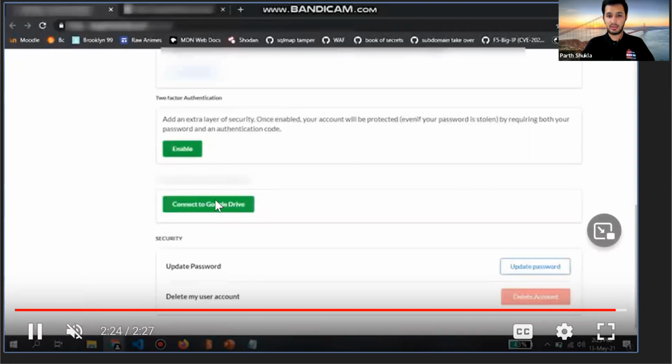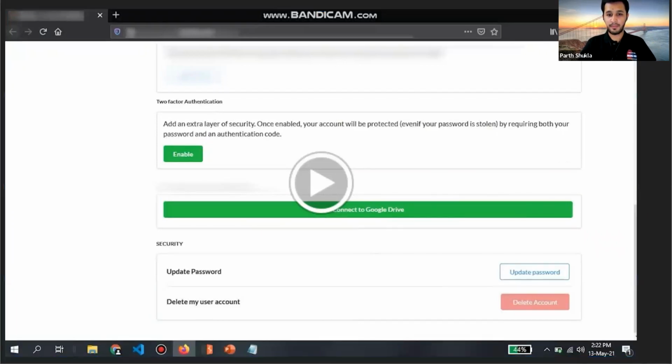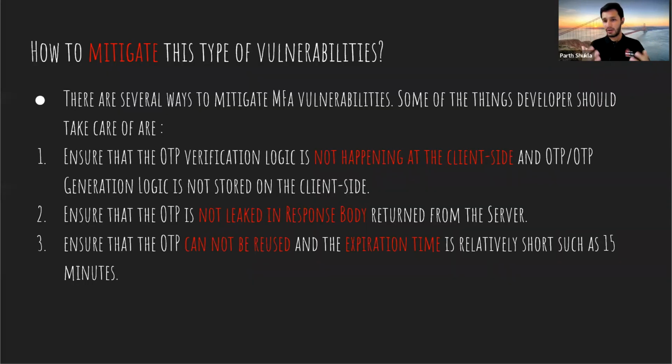You can see it's enabled again. So how to mitigate this type of vulnerability? Now there is a bypass to everything. I believe that no system is perfect. There is always a bypass to each mitigation that a developer makes. So some of the